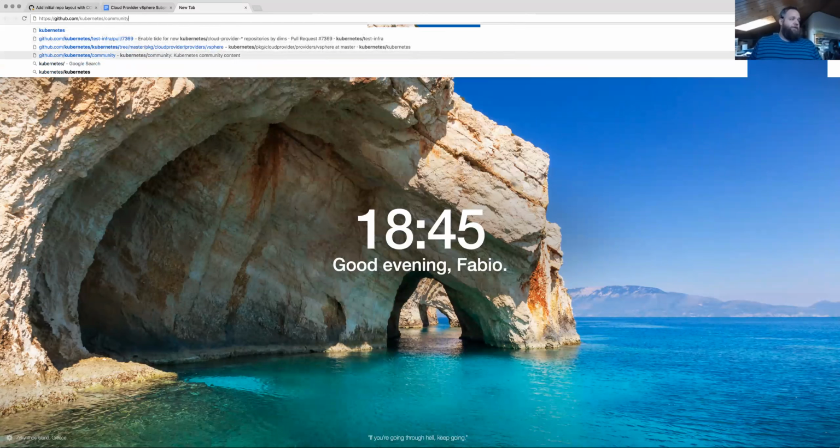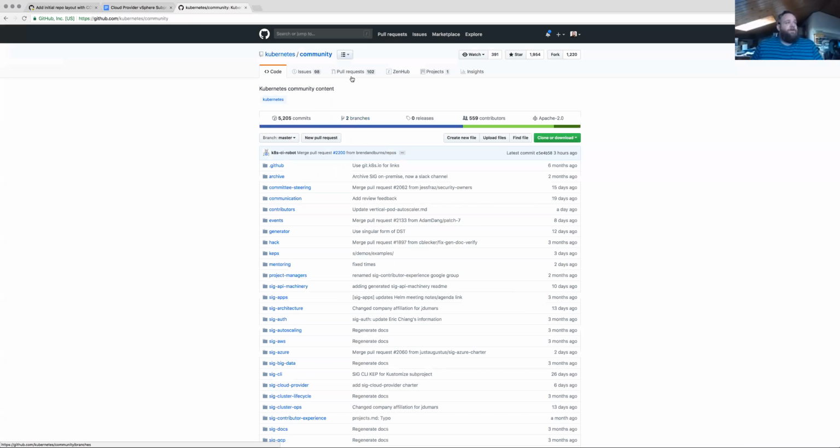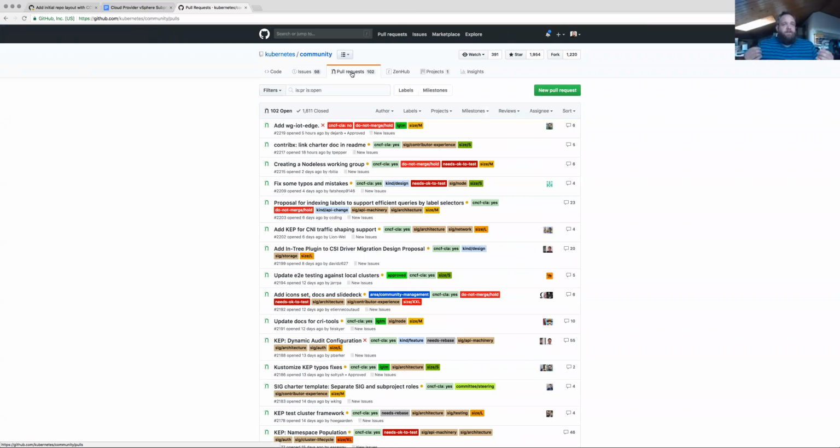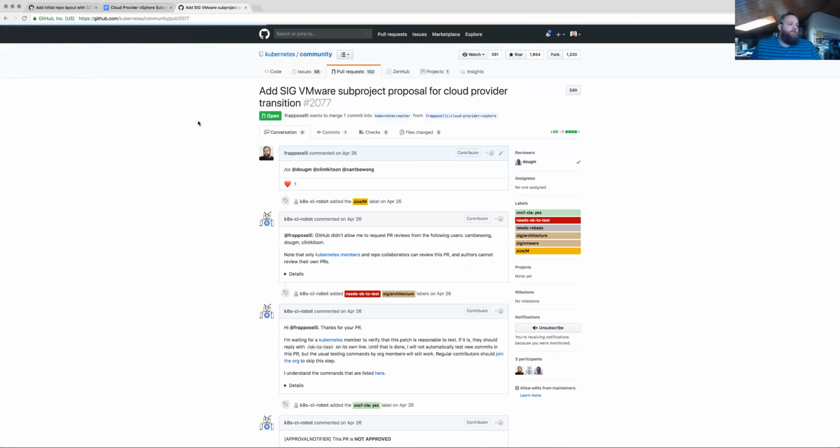Basically, what we have is some sort of problem with process. So the official process right now tells you that you have to have a Kubernetes Enhancement Proposal in order to create a subproject, for example. And in our case, this is a subproject, right? So this is what I did. I created a KEP, which is right here,